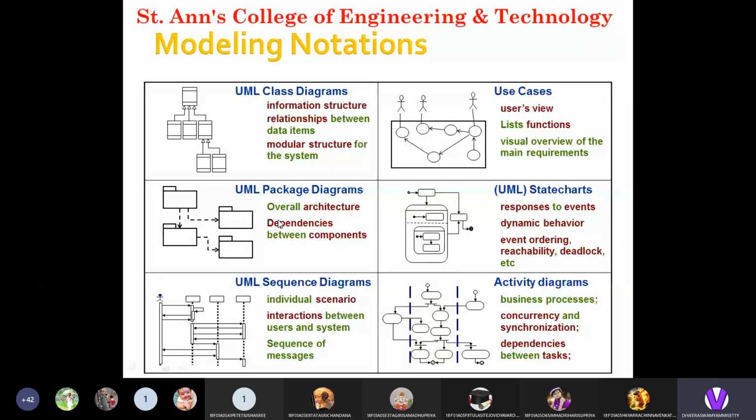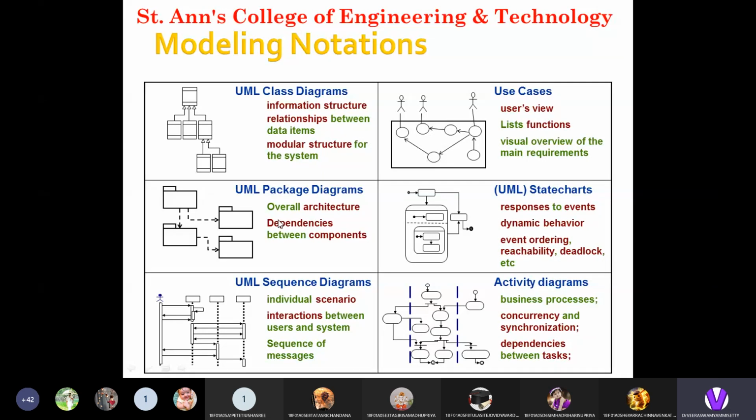Then the activity diagram focuses on the business process, and how concurrency and synchronization mechanisms occur. Any dependencies between the tasks we have defined can be developed in activity diagrams. So these are the notations we need to follow when modeling any software development process: class diagrams, use cases, package diagrams, state charts, sequence diagrams, and activity diagrams.